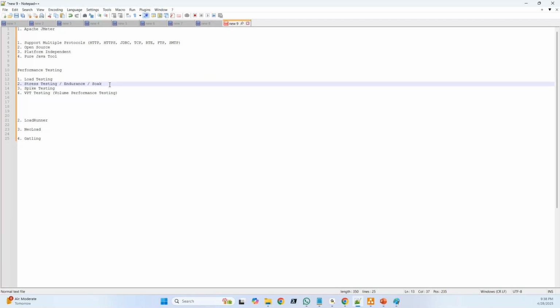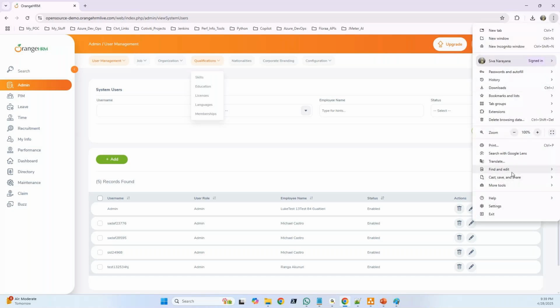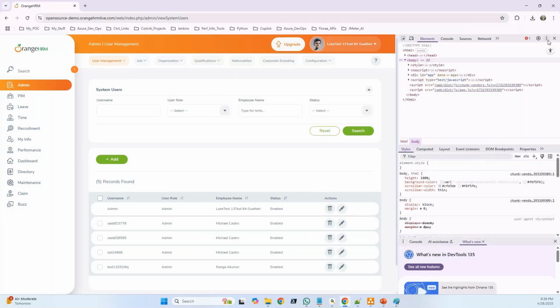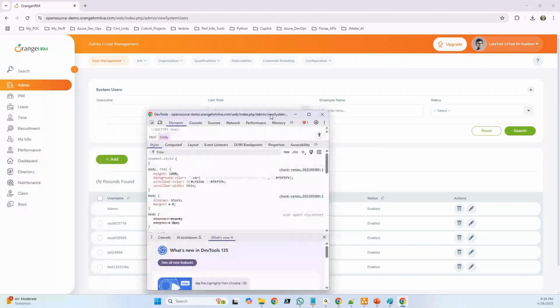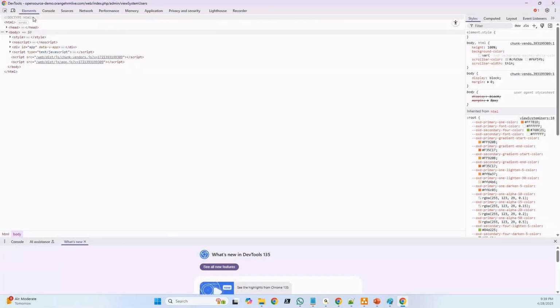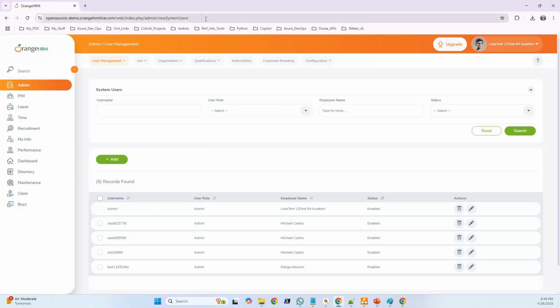Coming to your last question, how we will take the code and create the script, that we are going to discuss, how we will record the backend scripts. Suppose for example, you go to the browser, more tools, developer tools. The developer tool will show us how many APIs, means how many requests, are going when you hit the page. If you go to the network tab and I just refresh the page,